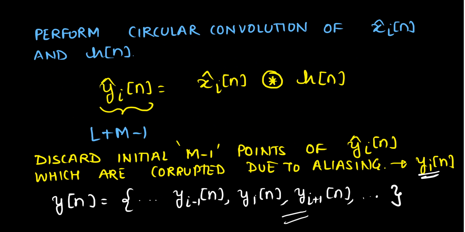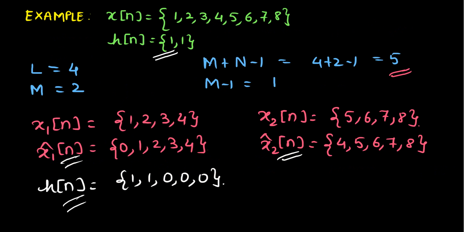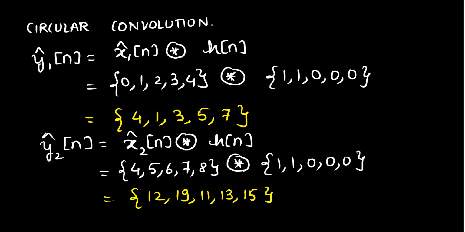Now we had seen that due to aliasing, the initial m-1 points are corrupted and we need to discard them. So we have the value of m-1 as 1 in our example. So we need to discard the first point from each of the blocks. So we need to discard this 4 from here and this 12 from here, and therefore the output that we obtain is given as